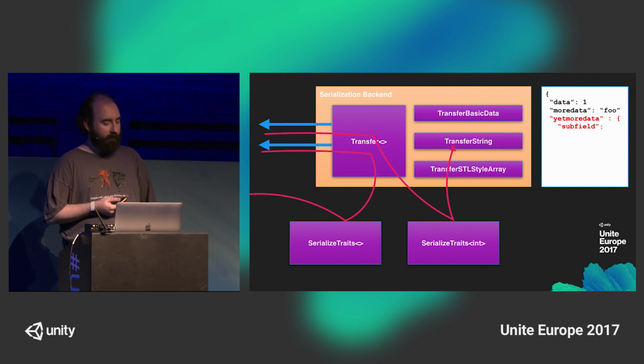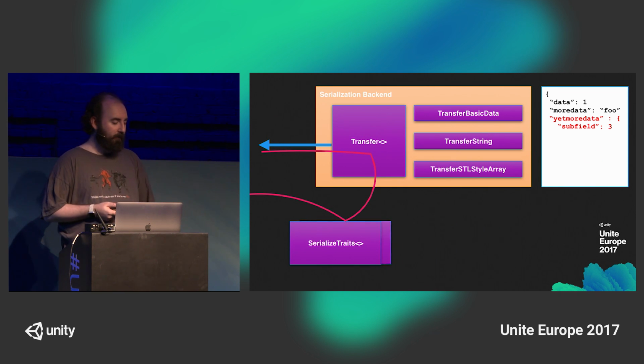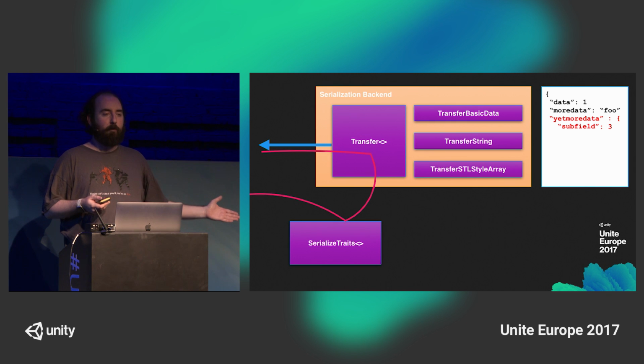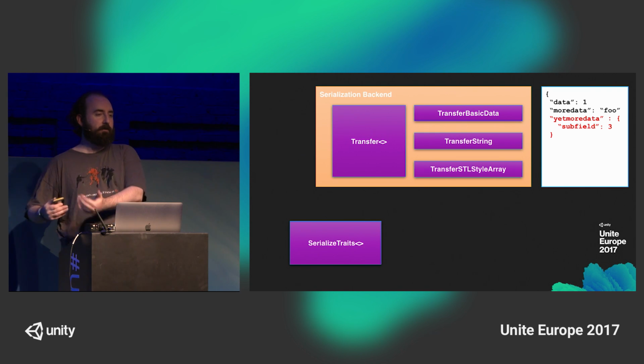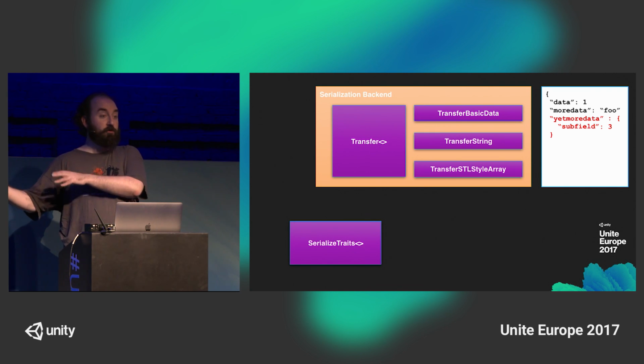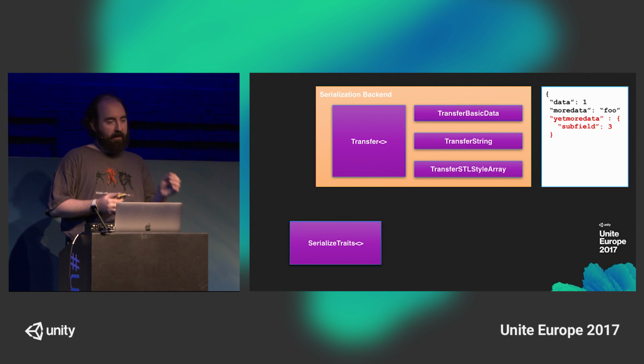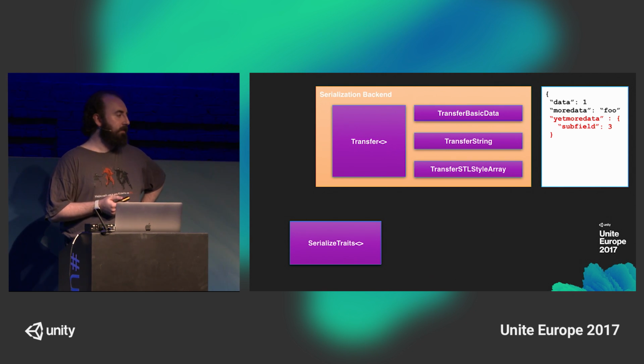And boing, boing, boing, boom. Yes. Good. OK. And then at that point, it's done. It returns from transfer. And then as serialized traits kind of says, OK, well, now the subfunction I called to do transferring of the subfields is done, then it kind of closes up the struct as it comes back out again. So you can see that we can control kind of exactly how individual types in C++ are going to be written out